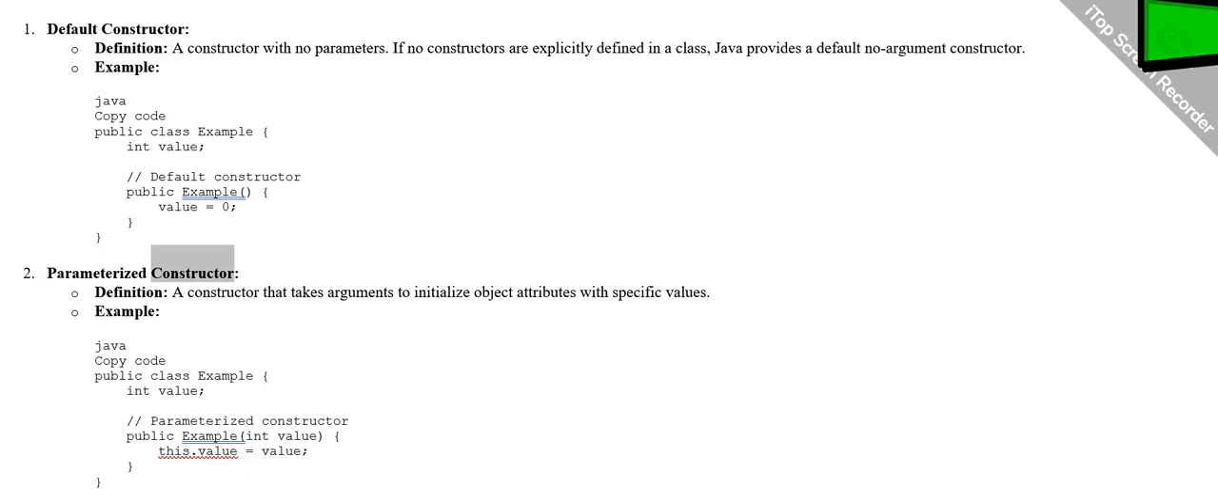Parameterized constructor. Definition: a constructor that takes arguments to initialize object attributes with specific values. Example: Java. Copy code. public class Example { int value; // parameterized constructor public Example(int value) { this.value = value; } }